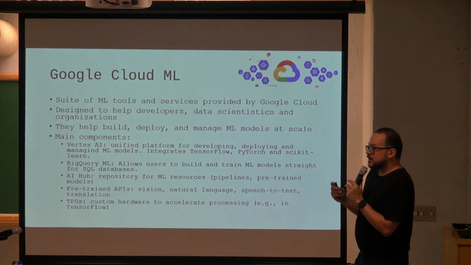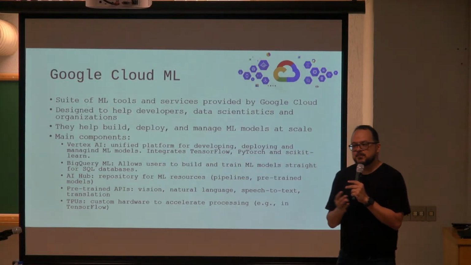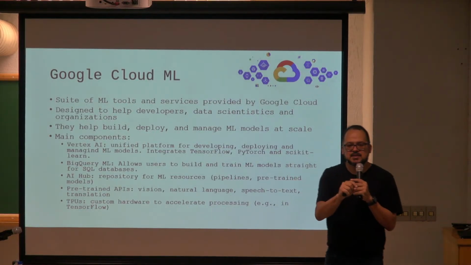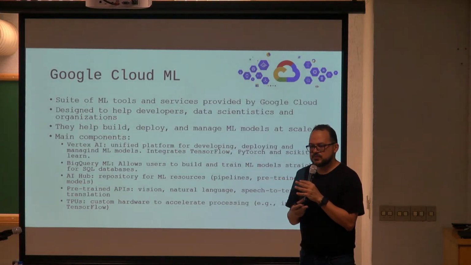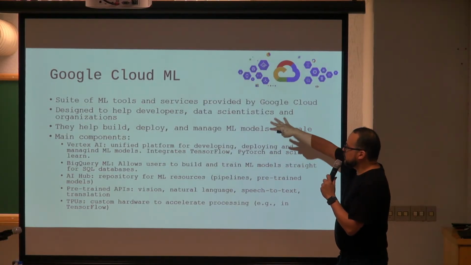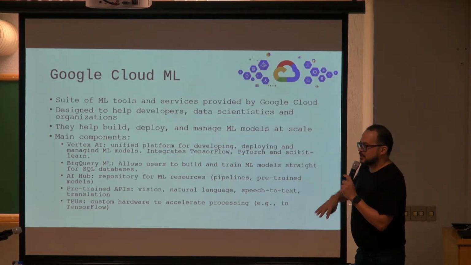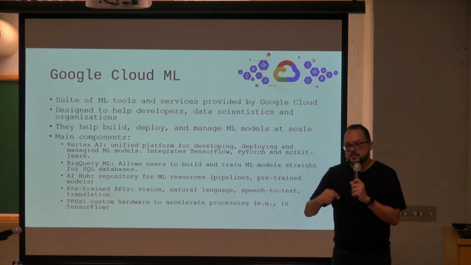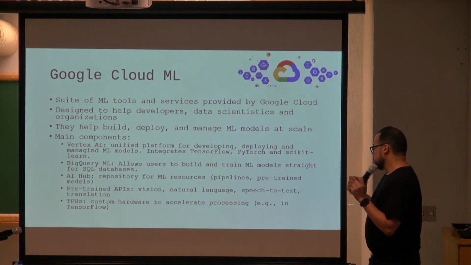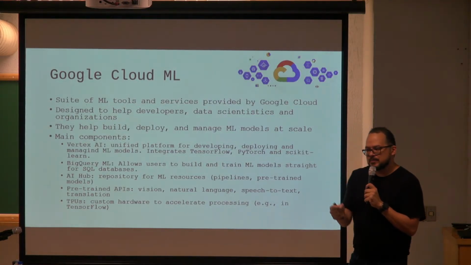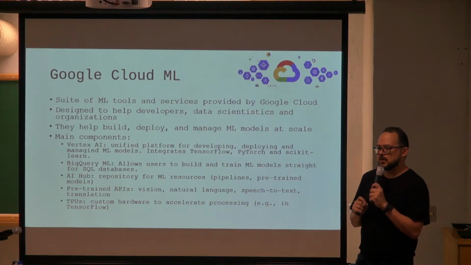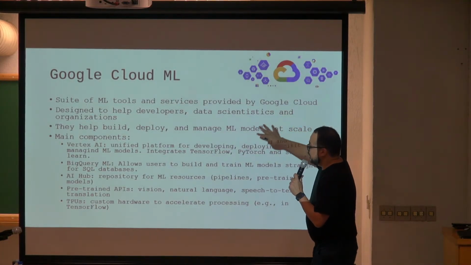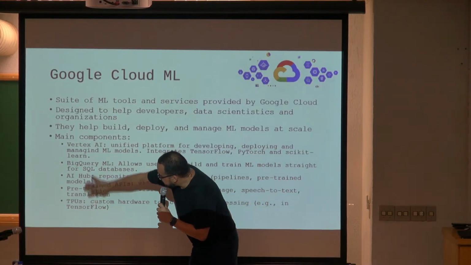But there is also a set of platforms that you can use. You don't have to go to R or Python and write down your models manually and try to fit them. There are whole platforms like Google Cloud ML for machine learning, which is a suite of tools and services that have been developed by Google to expedite the deployment and the management of machine learning models. They are built in a way that they have at least these five